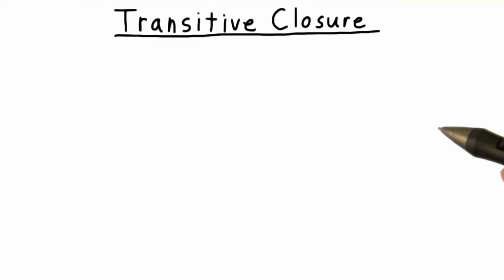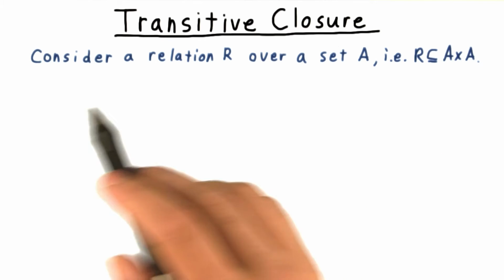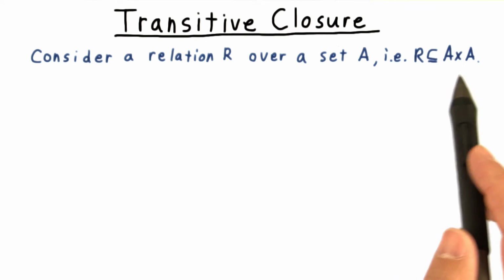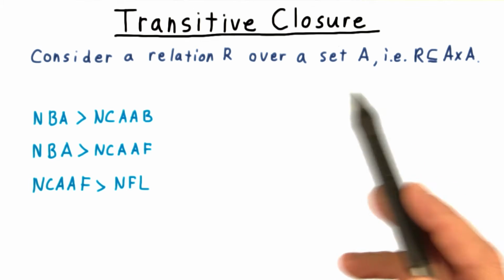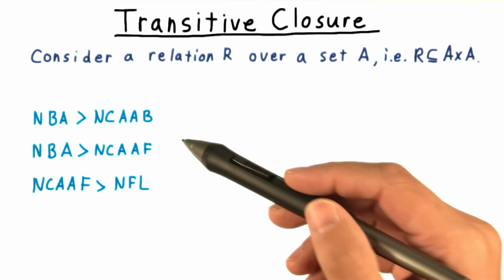The Floyd-Warshall algorithm has a neat connection to finding the transitive closure of mathematical relations that I want to cover briefly. Consider a relation R over a set A, that is to say R is a subset of A cross A. For example, A might represent sports that one can watch on television, and the relation might be someone's viewing